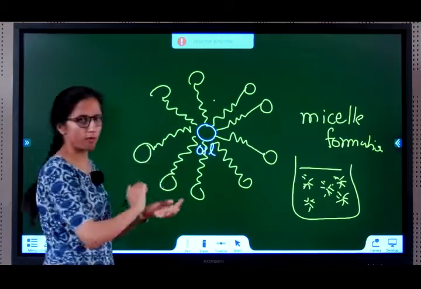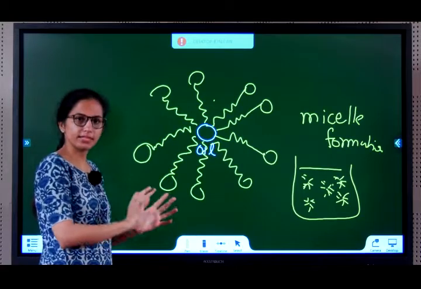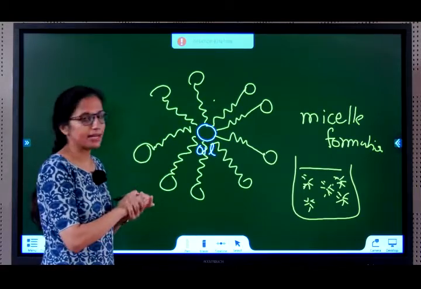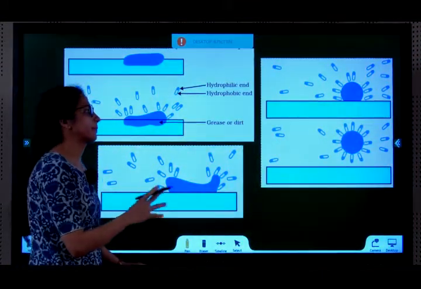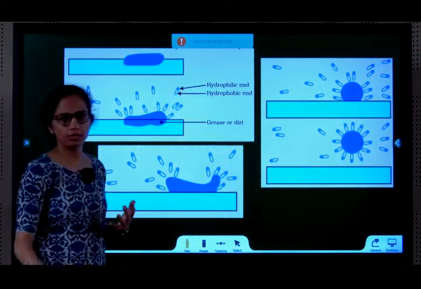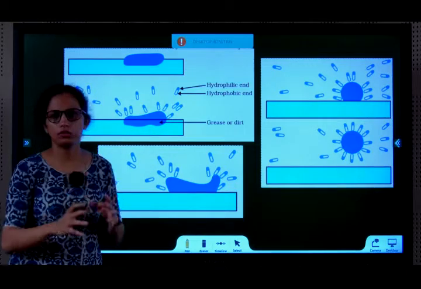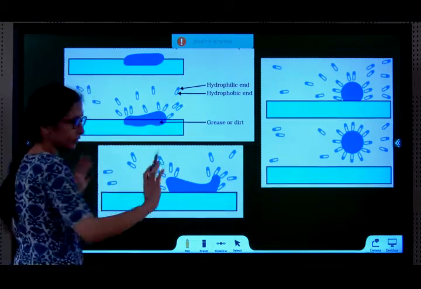Micelles have been formed on your clothes. On your clothes you put oil and micelles have been formed. What happens next? You don't have to draw this in the exam, but however much is given in the notes section is enough. You draw the soap molecule, draw the micelle and explain. Even if you draw this, it's fine.